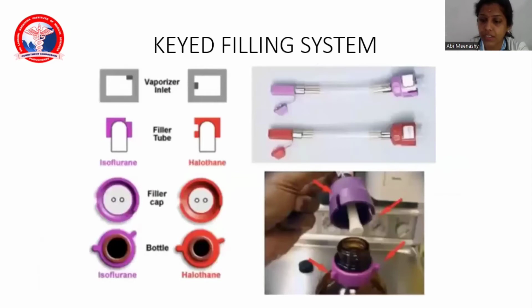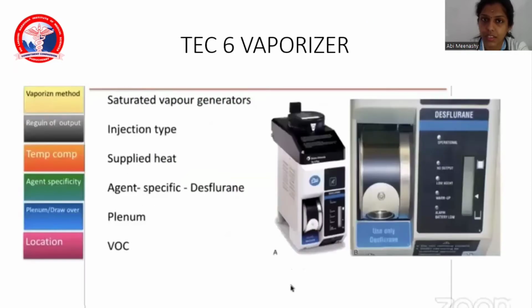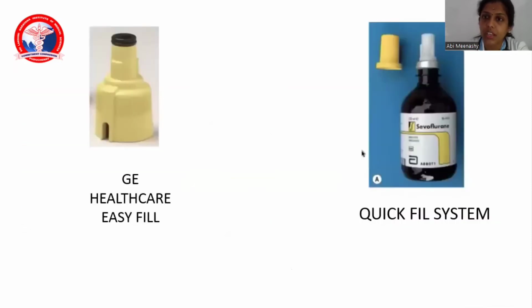Your Tec 5 vaporizers, we saw the key filling system. This is the quick fill system for Tec 7. Here, like I told you, in your key fill system, if you lose your filler, you will not be able to fill the vaporizer. So in the next generation, the vaporizer design was evolved